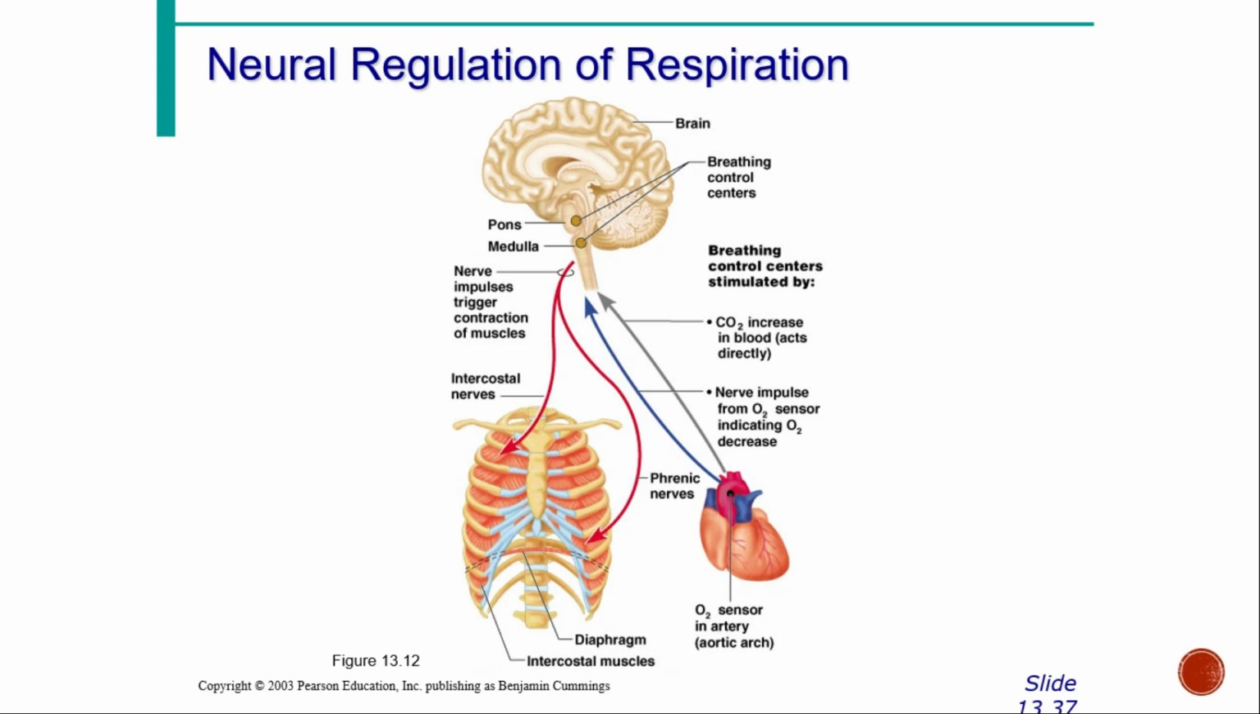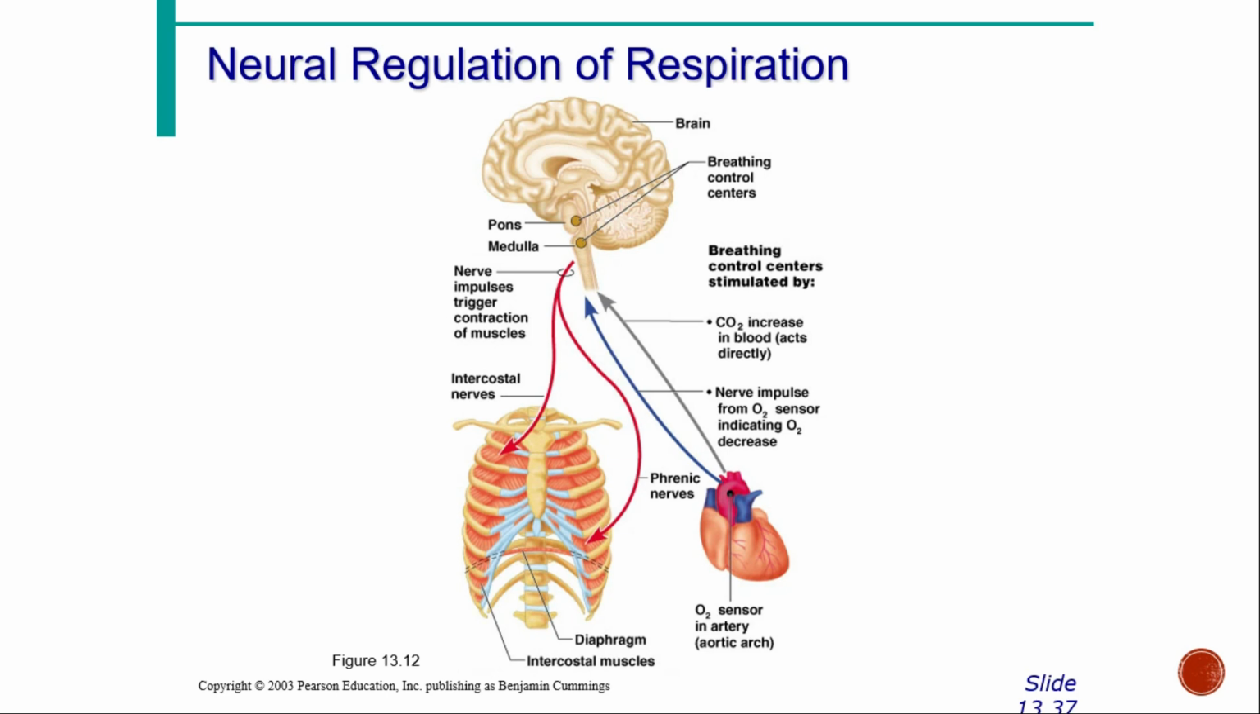This diagram shows the neural regulation of respiration. In the brain, we can see the pons and the medulla oblongata, which are the breathing control centers. Both these centers send nerve impulses that trigger contraction of muscles. They expand the intercostal muscles and diaphragm in order to take more air inside the